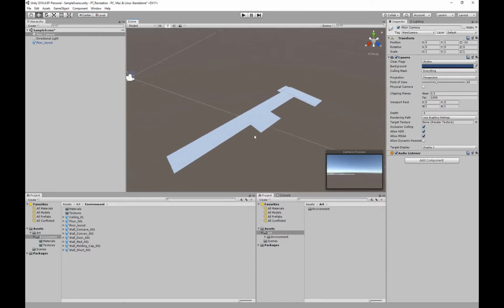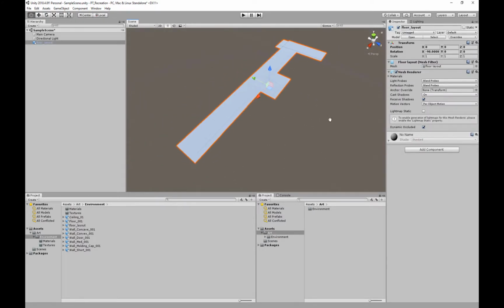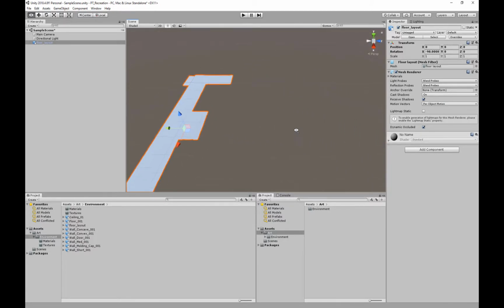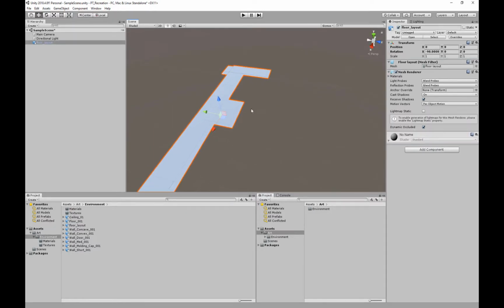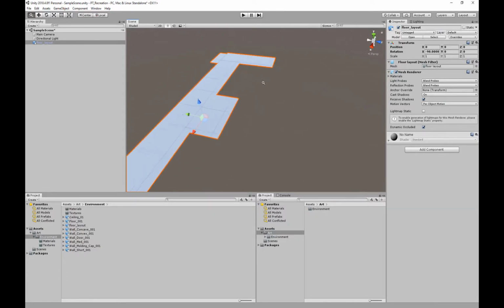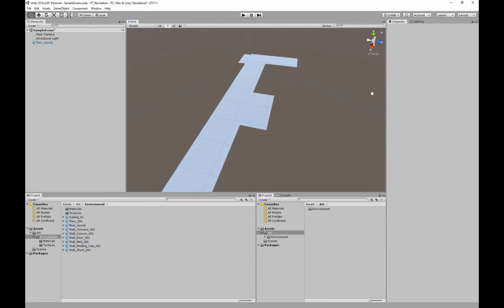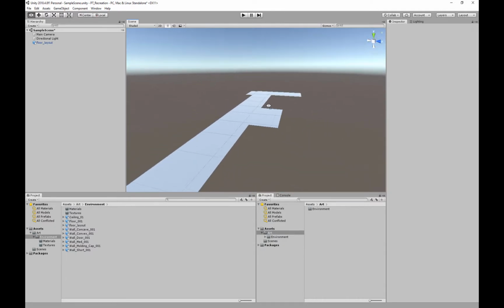Okay, so here we are inside of Unity. If you don't remember, it's the middle mouse button to pan, the right mouse button to rotate, and the left mouse button to select things. You can also zoom in with your middle mouse button if you want, or you can hold Alt Control and pull in and out with your right to zoom. You can also move back and forth, which is the way you would in a game,